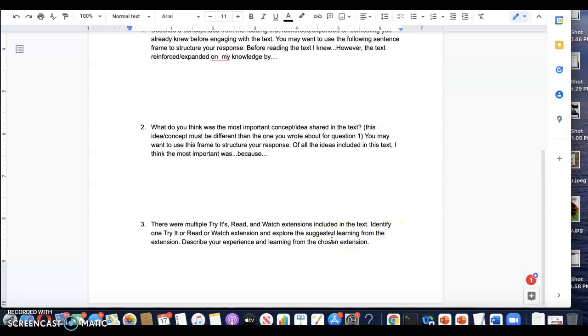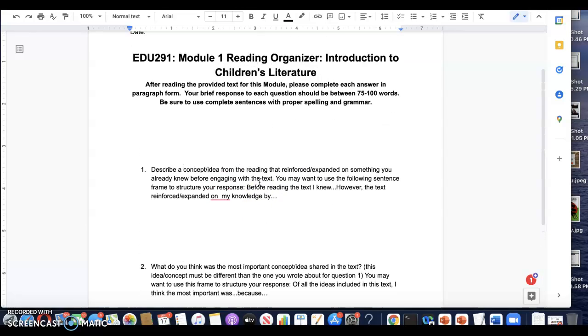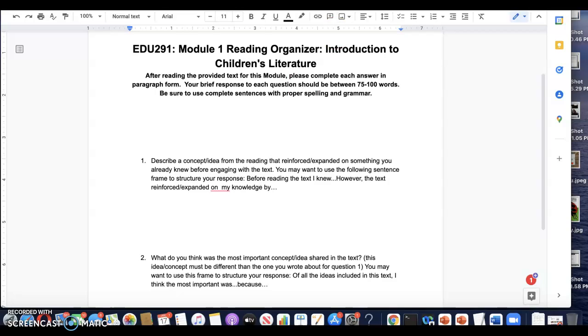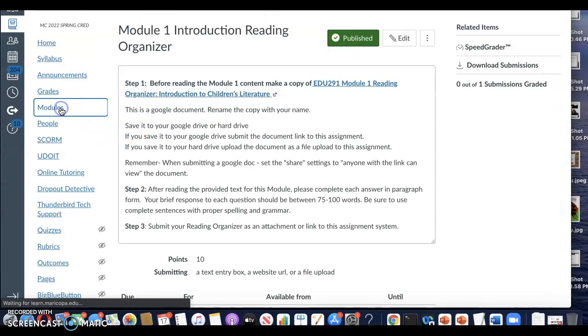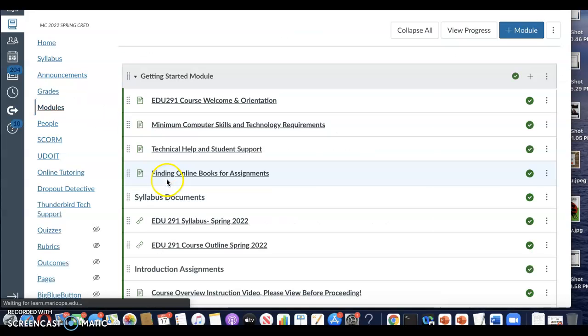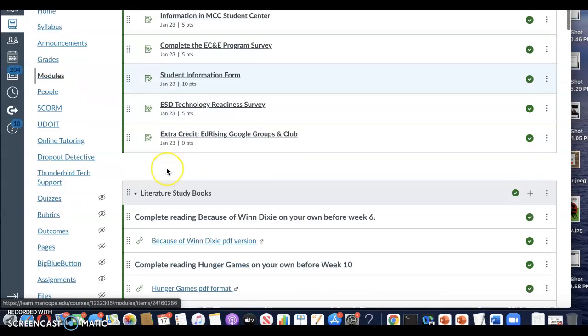Every single reading has a try it, read it, or watch it. So if your answer is, I didn't see any, they're not there, that answer is wrong because every reading does have that. So once you have completed this reading organizer, you will submit it on Tuesday of each week and you will be good to go. But just to jump back so you know what you're looking for, prompt number 3,